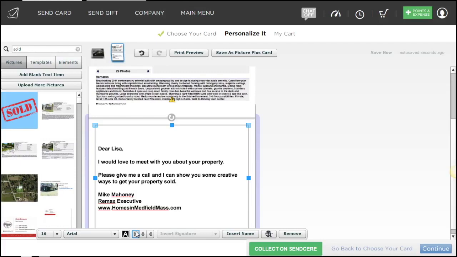Basically, they're going to get this card with their name. Love to meet with you about your property. Please give me a call and I can show you some creative ways to get the property sold. In this instance, I have a website specific to that town, so I put that in there. Now all I have to do is hit continue,